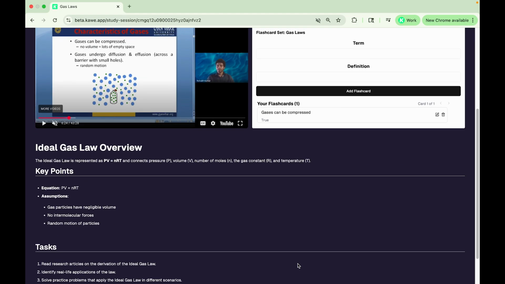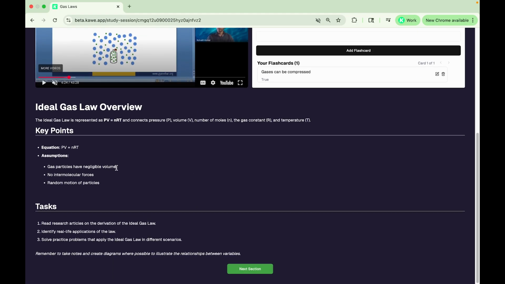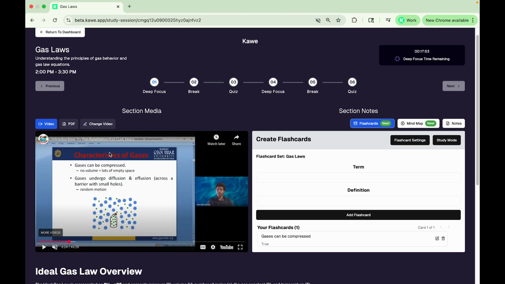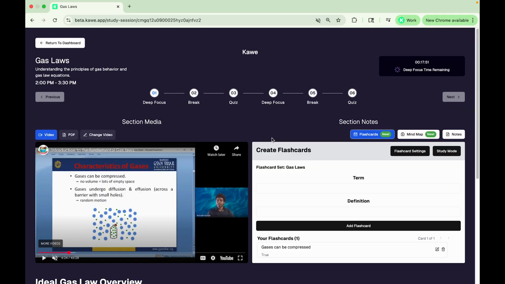You have a bit of notes at the bottom if you want to review some of the information having to do with the main topic. And in this study session, what's very cool about it is that we keep track of how much you're studying in the study session. So here the timer is running for 17 minutes. In this time, we encourage you to study however you feel works best for you.